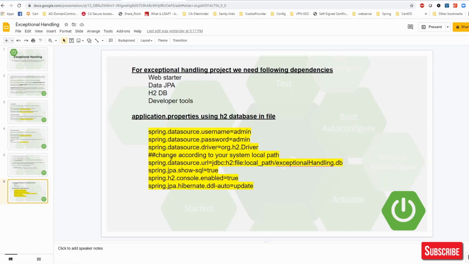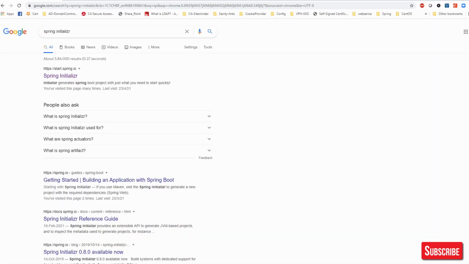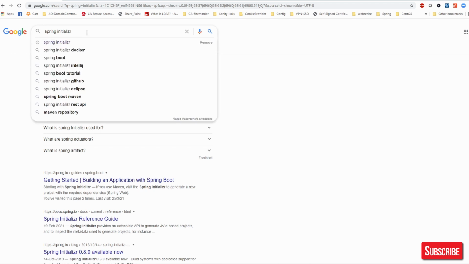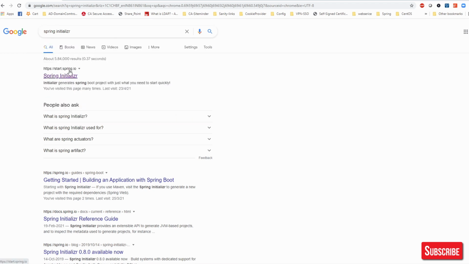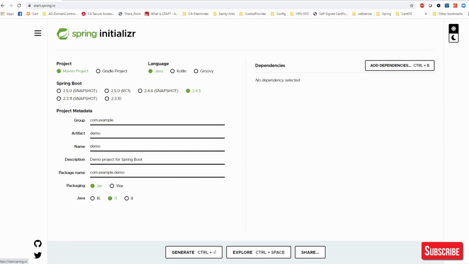To start your Spring Initializer or Spring Boot project, what you have to do is you just have to go for a Spring Initializer. You will get start.spring.io, the first link. You have to go over here. You have to select Maven project or Gradle project. I'll go with Maven, and then Java. Then the latest version, we can go with the stable latest version. And here you have to give group and all. This you must be aware of. Packaging will be jar and Java version will be 8 in my case. So whatever Java version you are using, accordingly you can keep.